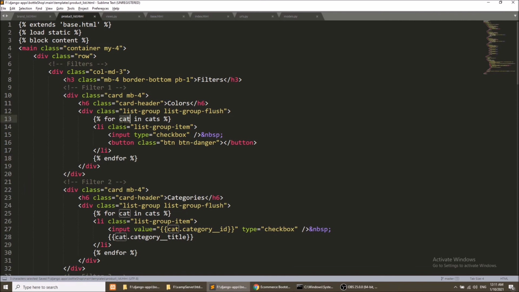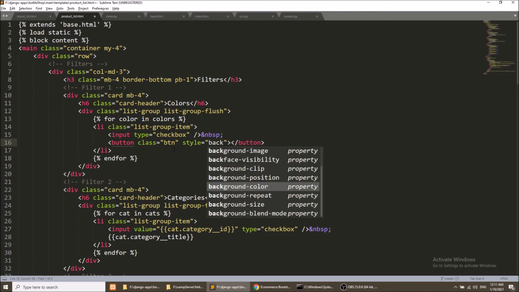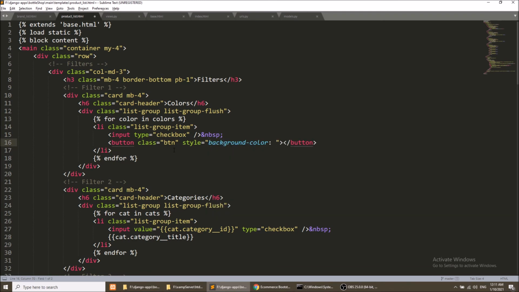Okay, and here we have a color, and this will be colors, and here I will remove this button danger, and here I will add some class style background color, and I will add color dot color code. Okay, so it will add the color code.